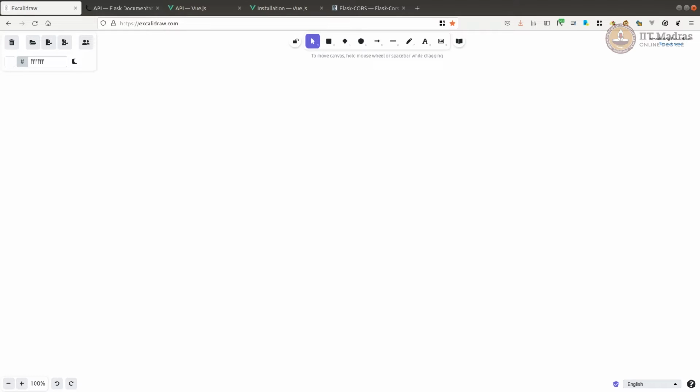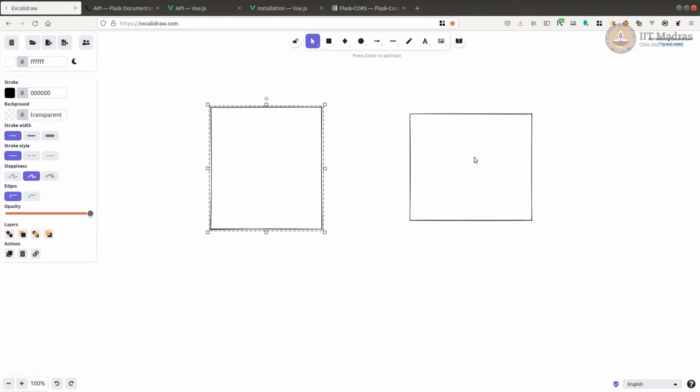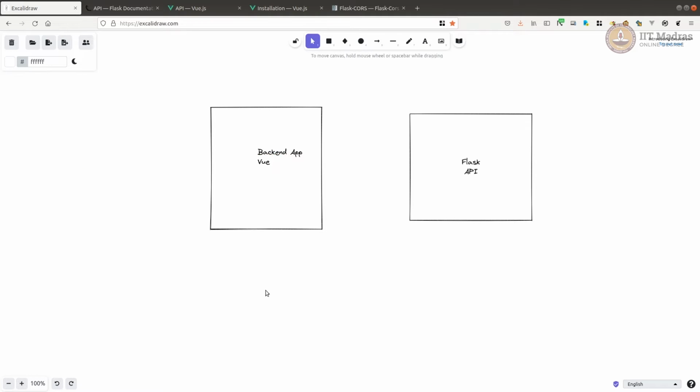Let me just explain how it's going to be set up. Assume we have a front-end app and a back-end app. Let's say our back-end app is a Flask app and it just has APIs, just the RESTful APIs. And this is a front-end app written in Vue. And when it's deployed, let's assume these two run on different domains, or it could even